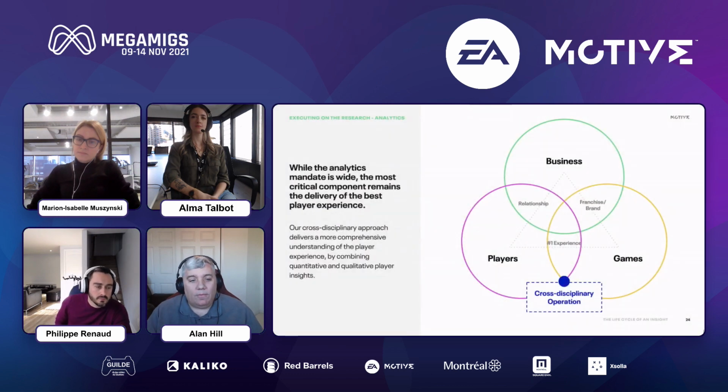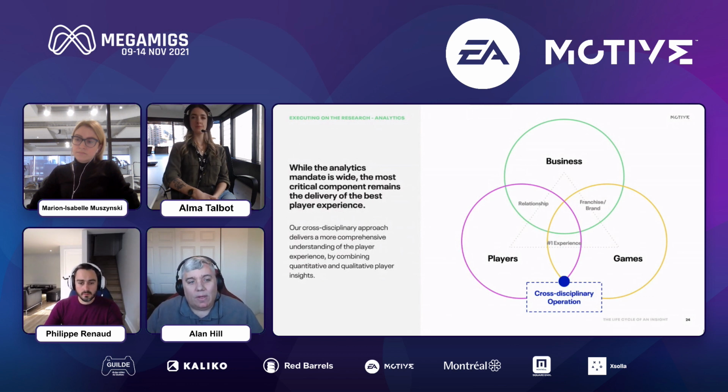Analytics covers a wide variety of areas to deliver value both to the business as well as the best player experience. We do this through a cross-disciplinary approach. There are some metrics where players are bad at self-reporting, or it'd be too distracting for them to report. So that's where we can supplement the more qualitative UXR data with the quantitative game data, and together we provide a more holistic view of the player experience. So for example, how long a particular objective took, or how many times you died in a particular match can be tough for some players to track.